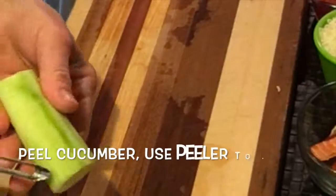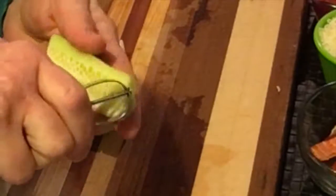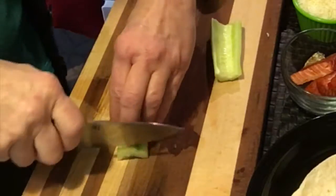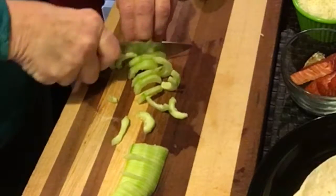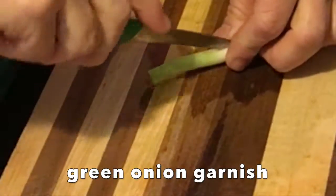Now here's kind of a neat trick. I prefer to keep the seeds out of the cucumbers. If you want the cucumber seeds in, that's fine. But this peeler trick works terrific. Then chop away. Now I'm going to show you a cool garnish you can make with the top of a